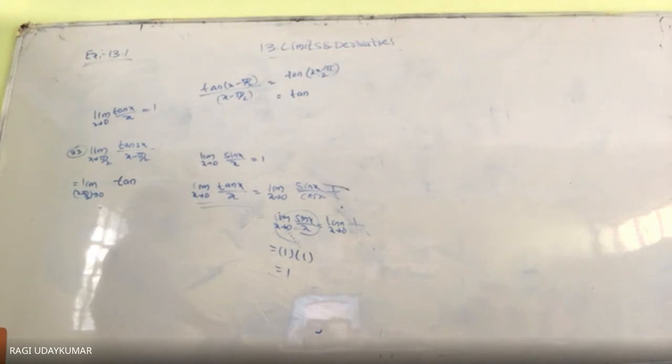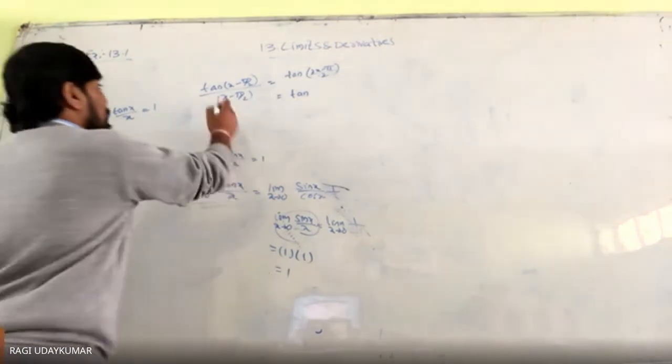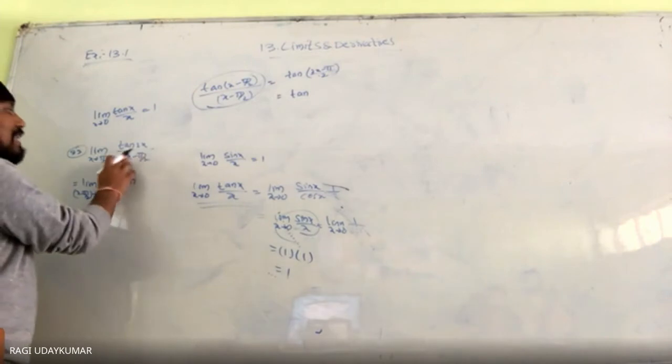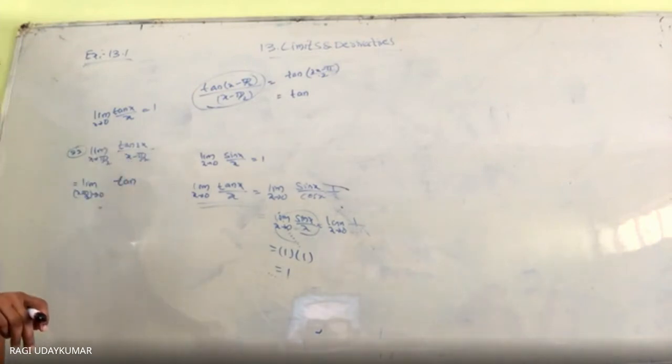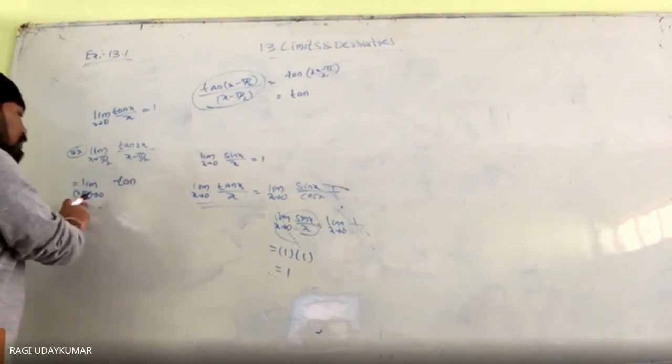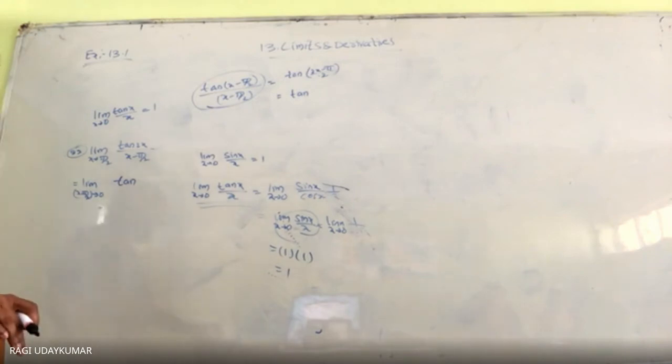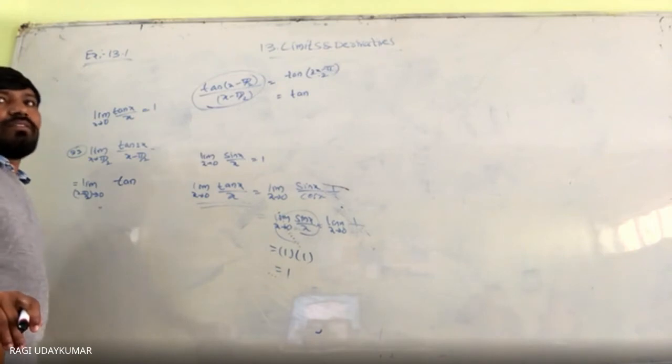No. So we will not get it. Will you get it? No. So here, otherwise, you may have in the denominator, whatever you are having, you slightly change it to 2x minus pi. X tends to pi by 2, it is given. Then x minus pi by 2 tends to 0. And apart from that, what can be possible to have?